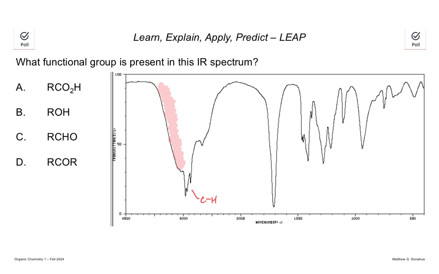This is your normal CH looking stuff. I don't see anything around 2000, so that's region 2, so there's no triple bond stuff here. And then I get into region 3, I see a nice